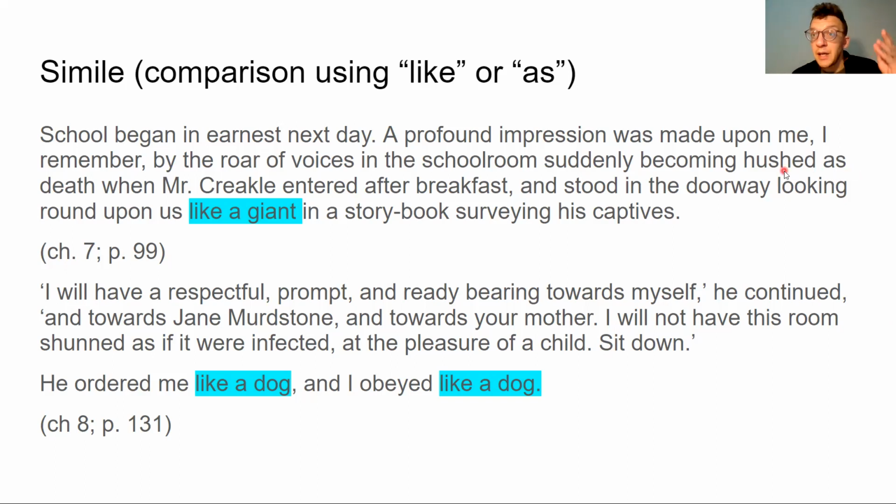An interesting idea here, because the end of this installment will end with a death. And so with that simile, we're laying a little bit of the texture through which this installment will build itself. The simile that I marked, though, is like a giant in a storybook, because this is